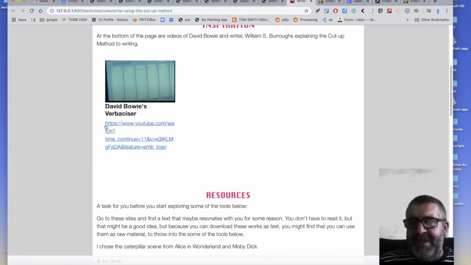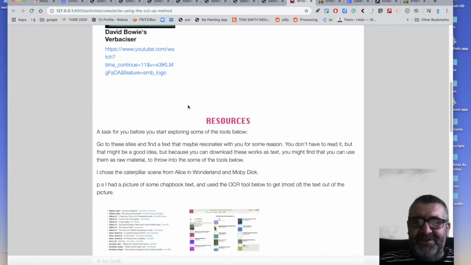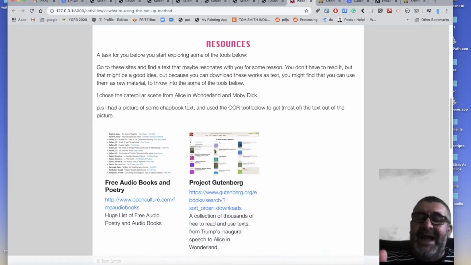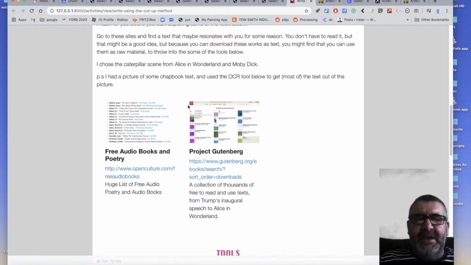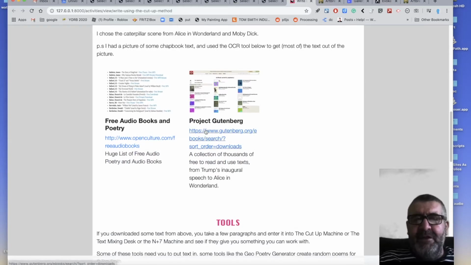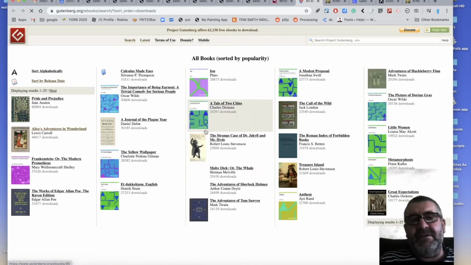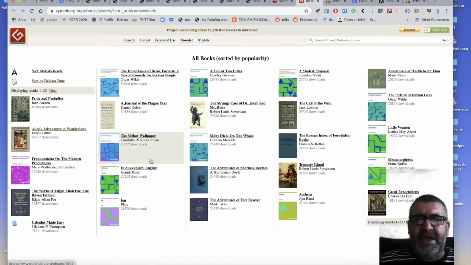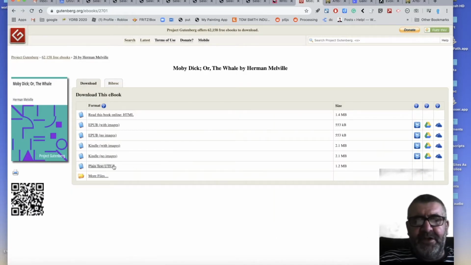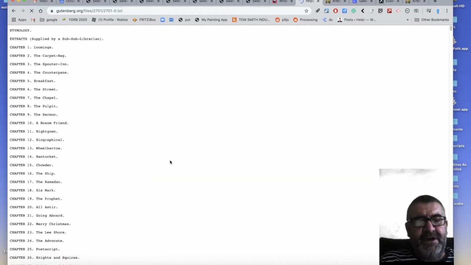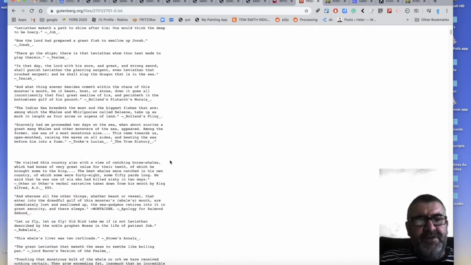There's a video here of David Bowie describing the Verbasizer, a little tool made in HyperCard that jumbles up words. So you might have some text already that you've been working on and you want to try the cut-up method on it. But if you haven't, then there's lots of text out there on the internet, and news, but there's also Project Gutenberg here, where you might decide to choose Moby Dick or find something that resonates with you. You can find here there's also a plain text file with lots of text in,